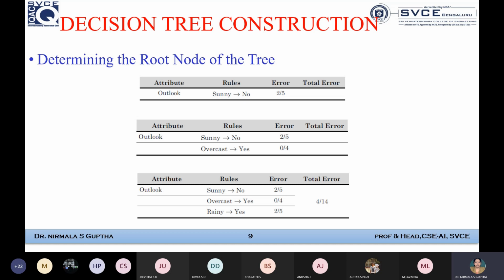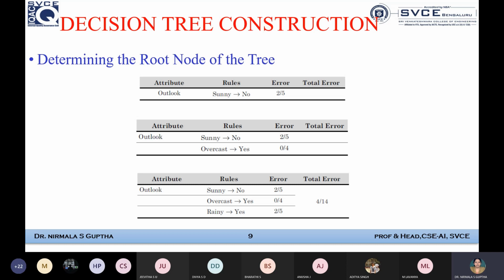So we will be in a position to determine the root node, like how I said, the first level, chairman sir, then CED sir, then principal sir, then n number of HODs, then under each HOD n number of employees. Again you can categorize professor, under professor 3, under associate 3, under assistant 10, something like that, right? So we need to determine the root node of the tree which is most important. That's what I have given you there as content in the slide. The first step in decision tree construction is you need to determine the root node of the tree. So determining the root node of the tree is the first and foremost thing.